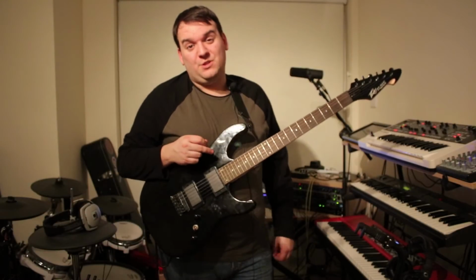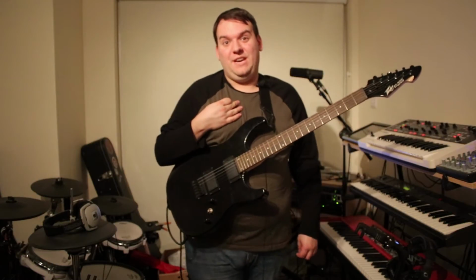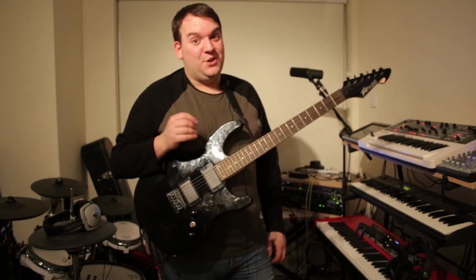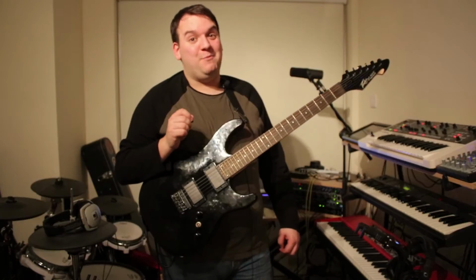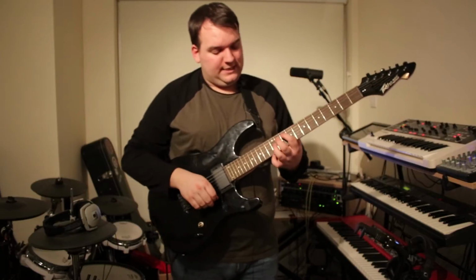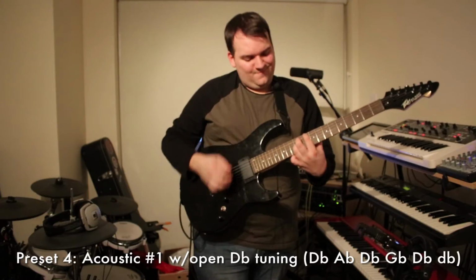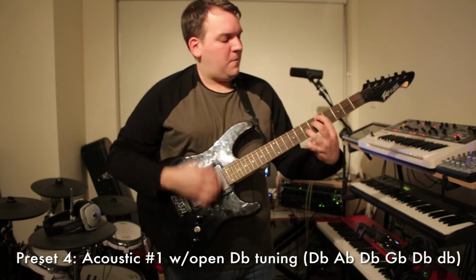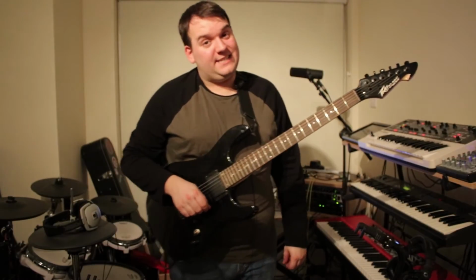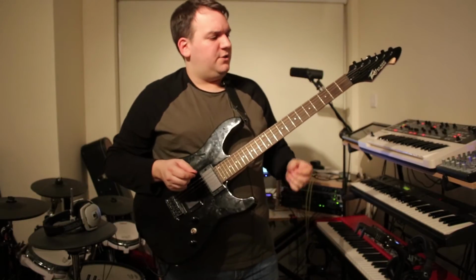Preset 4 is an open-stringed tuning, but it also puts the guitar into what I think is one of the most useful tone profiles, which is that of an acoustic guitar. Yes, this guitar can emulate an acoustic guitar, and it's not actually that bad. And this is what it sounds like. Preset 6 is another open acoustic tuning used for songs such as